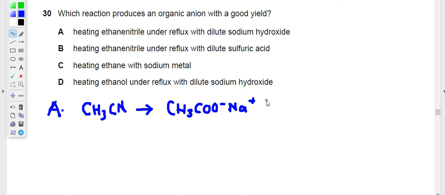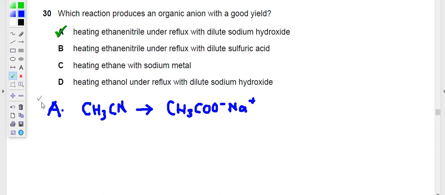Hydrolysis of ethane nitrile will give us a compound that looks like this. Yes, there is an organic anion formed. So A, we will get a good yield of organic anion. Let's put a tick on A and then we're going to check the other